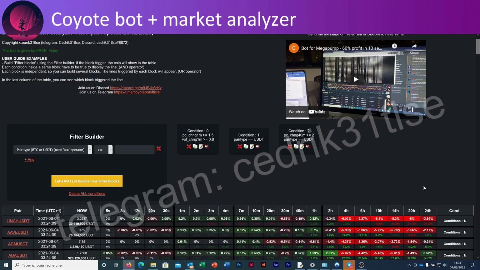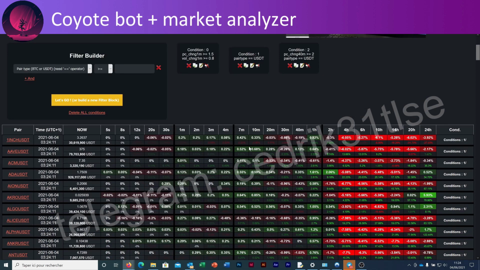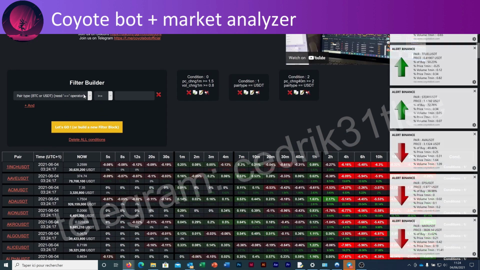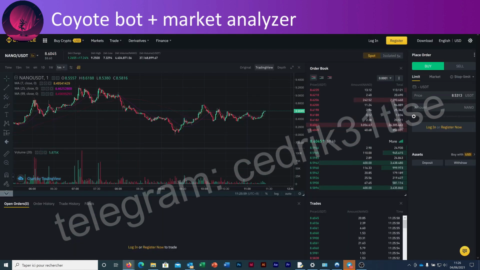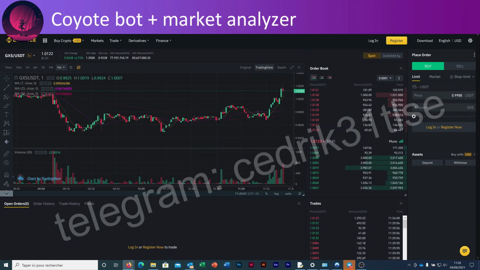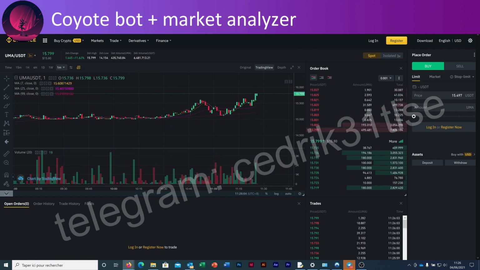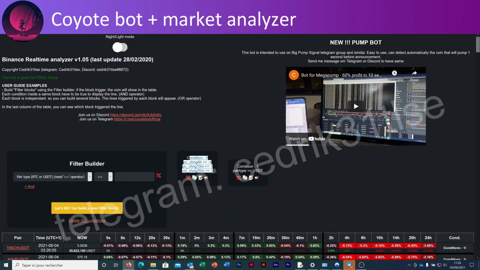So I will move a little forward. So you have the different time windows. I will move a little forward in the video so we can see the result at the end. Okay, just a second. Hey, welcome back. So let's see again all charts. So here you can see effectively the coin is pumping, and the other one also is pumping, UMA and GXS. So this is how this tool works.